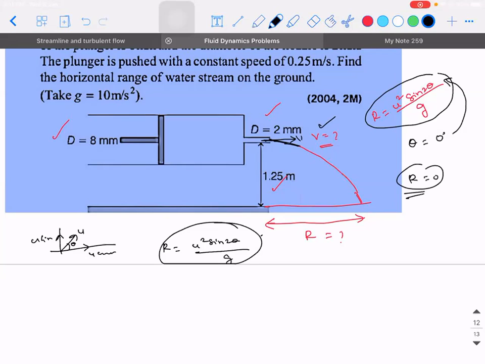Acceleration has nothing to do with that, because they didn't mention any medium. This liquid is falling only under the influence of gravity. Nothing else is there. There is no confusion in that. But there is a mistake when I use this formula. Can you tell me what mistake I made? Why am I not supposed to use the formula here? Why can't I use it?